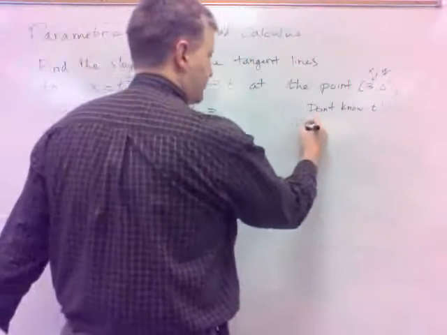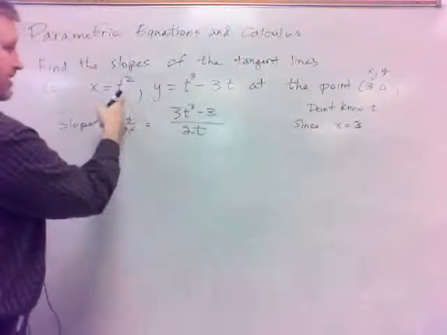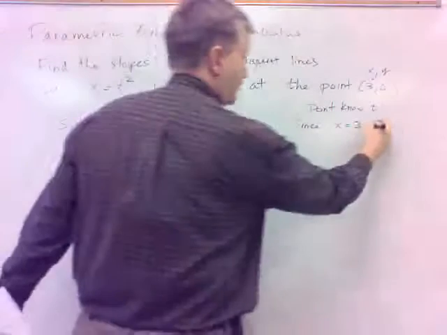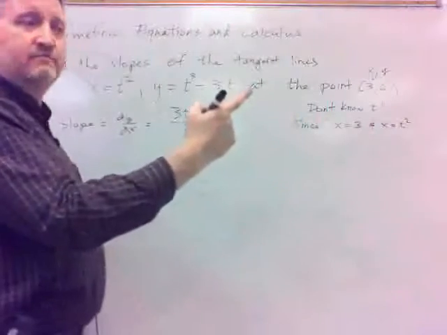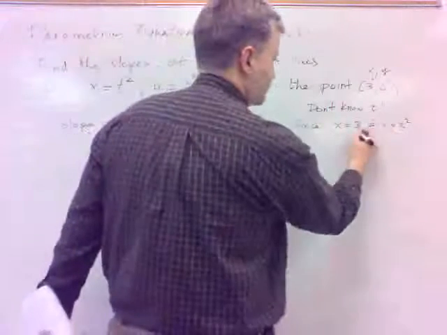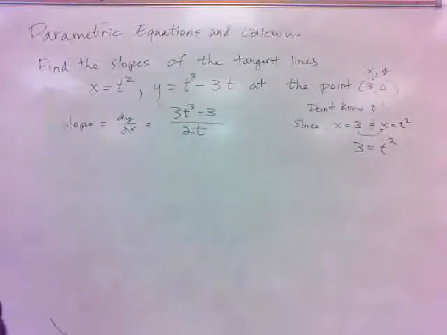Since I want x is 3, don't I know that, and I know that x equals t squared, can I figure out what the t value needs to be? Yeah. I've got x is 3, so just substitute that in for x. I've got 3 is equal to t squared, so that tells me, doesn't it,